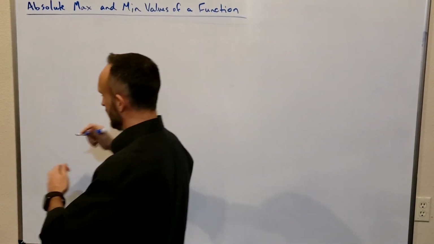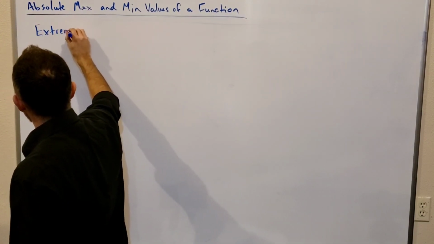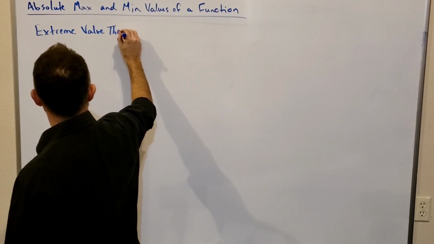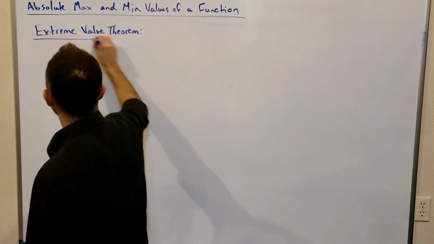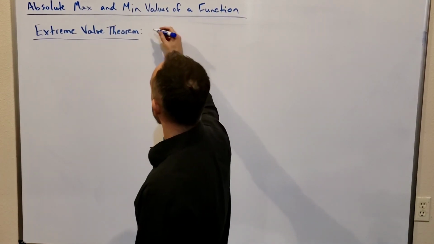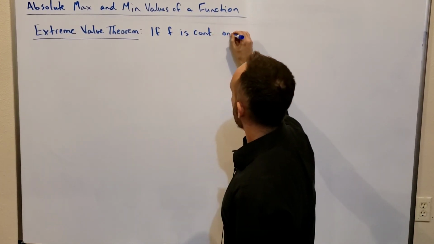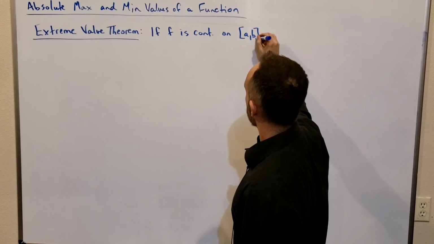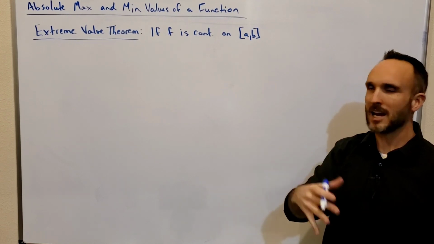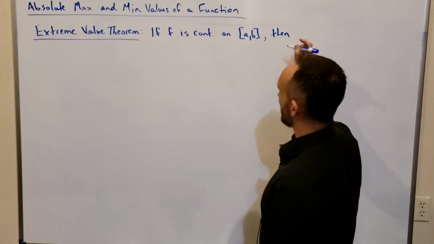And to do that, we need to understand this very basic theorem called the extreme value theorem. Maybe it has other names as well, but we're going to call it the extreme value theorem. And it says something very basic. It has one hypothesis. All we have to assume is that some function f is continuous on a closed interval. So if f is continuous on the closed interval from a to b, about the most basic assumption you can make in calculus for any theorem, then this theorem guarantees